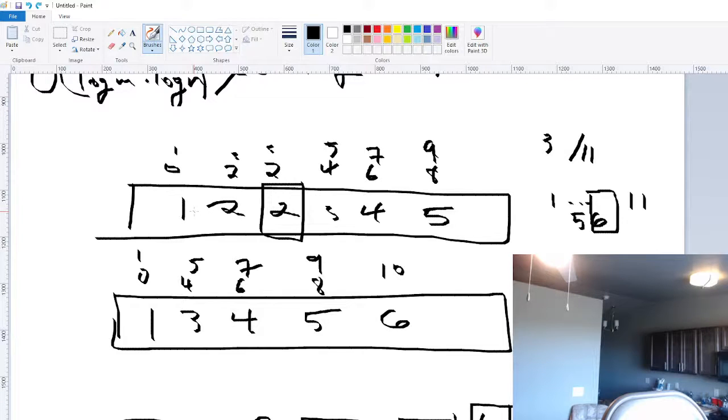If we take the median of both, and let's take the lower median of the second one, there's 3 elements to the right, and there's 2 elements to the right on the top one. If the top median is larger than the bottom median, we can eliminate those 2 larger elements on the top as possibly being the medians